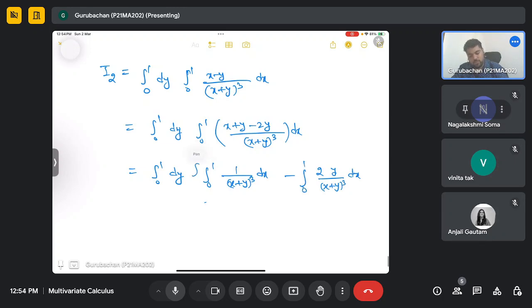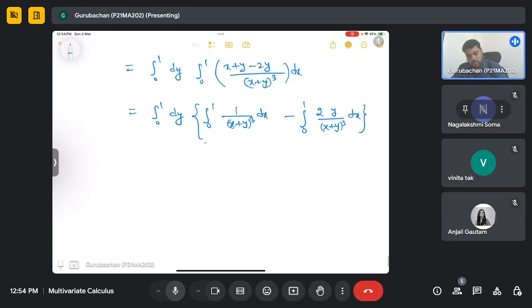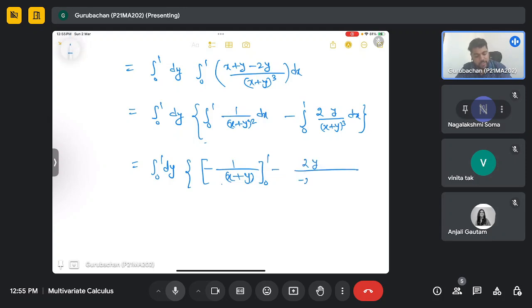So this will be our two integrals. Now again 0 to 1 dy. So this will give us minus 1 by 2 times x plus y square. So this will be again square. So this will be minus 1 by x plus y, 0 to 1. And this will give us, we are treating y as constant. So this will be x plus y whole square, 0 to 1,